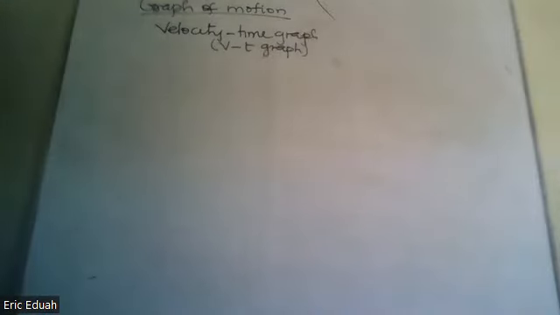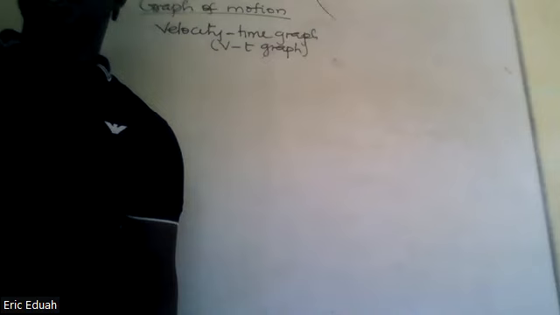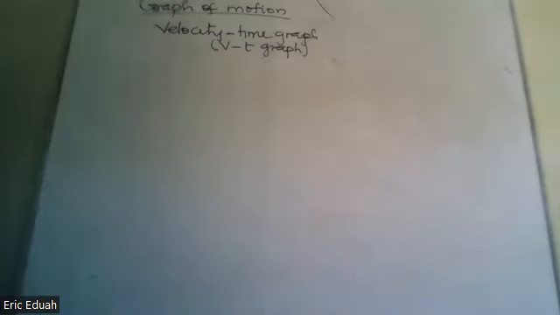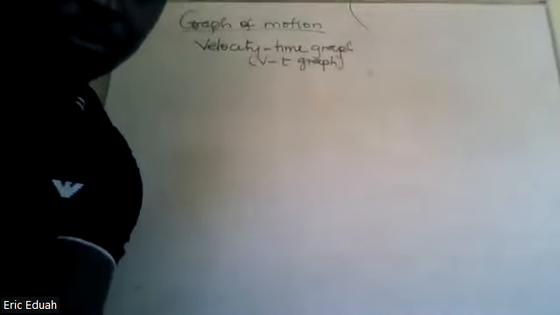So here it's about plotting the velocity of a body to the time taken by the body to make that velocity. And so when we were talking, learning about the